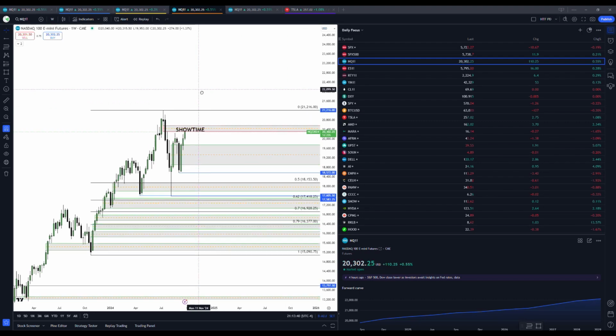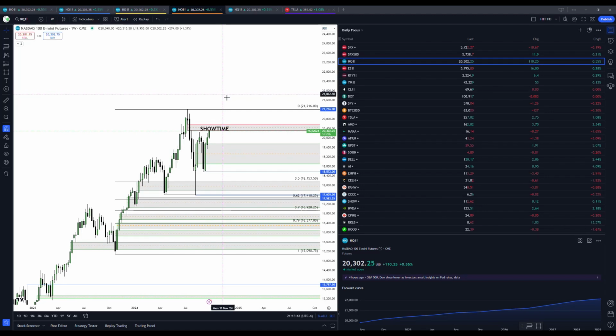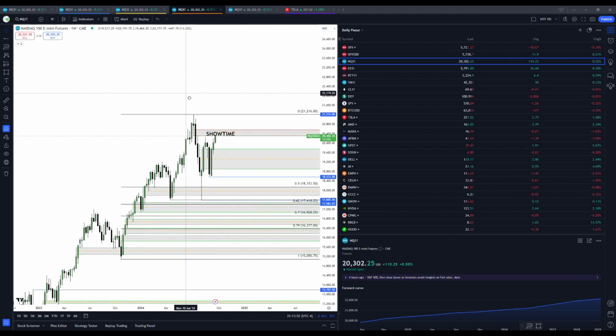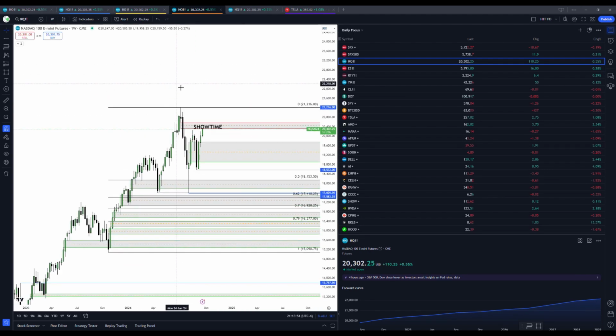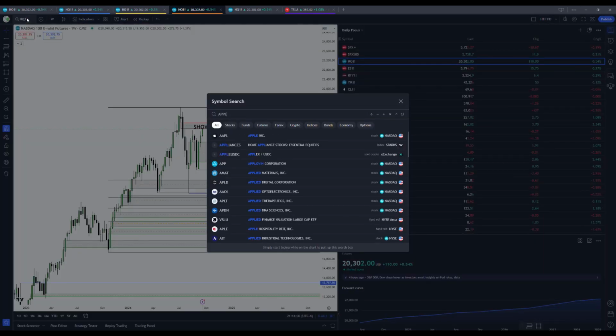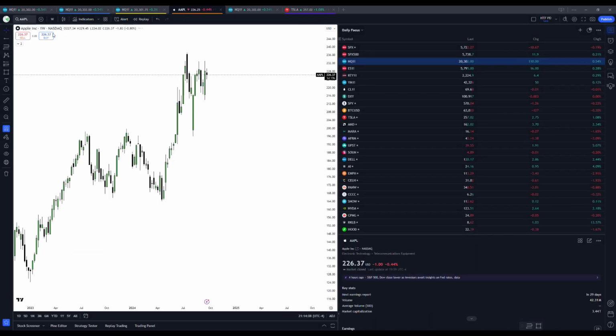And that's it. That is the Mando model. Imbalances, identifying liquidity, understanding current market structure. That's really it. That's my model right there in a nutshell. Now, oh, you're just showing me NASDAQ. What do you want to look at? We'll look at anything. You want to look at Apple? Sure, we can look at Apple. Do you want to look at Tesla? Go ahead. Let's go through 100 names.